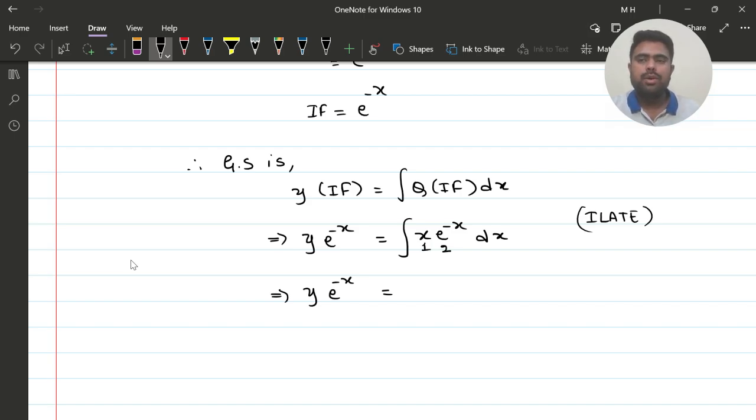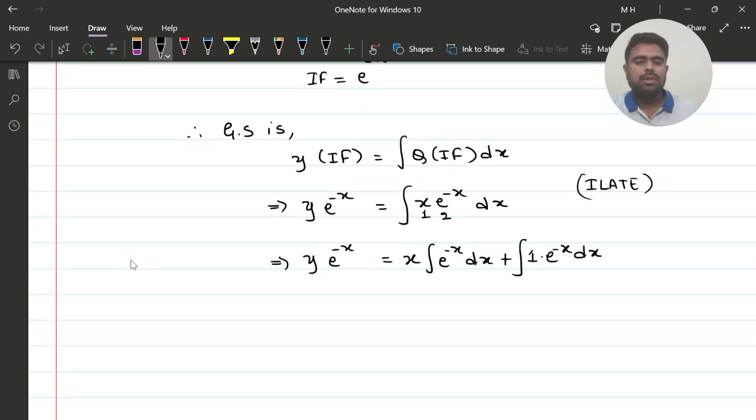Right, so what is the formula that we have? First function into integration of second function minus integration of derivative of first function into integration of second function. What is the derivative of x? 1, into the integration of second function. The integration of e raised to minus x is minus e raised to minus x. So minus into minus is plus e raised to minus x dx. Right? So this will give me